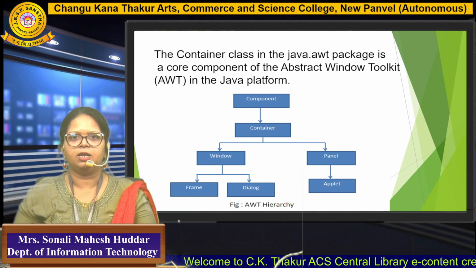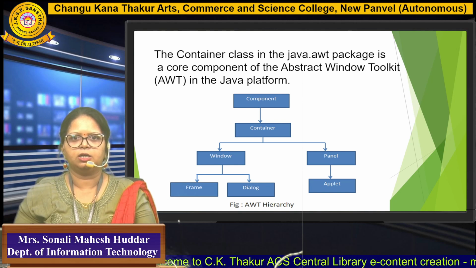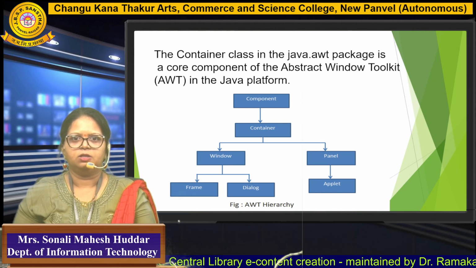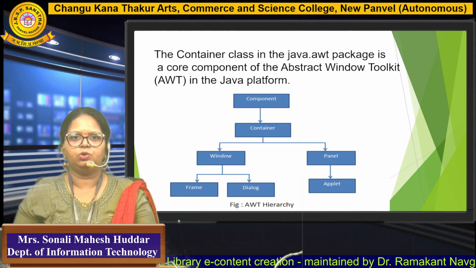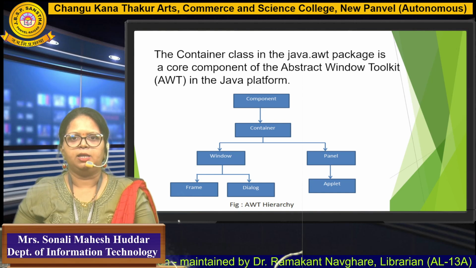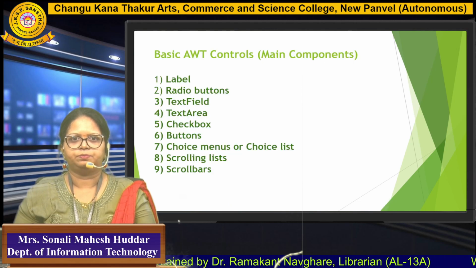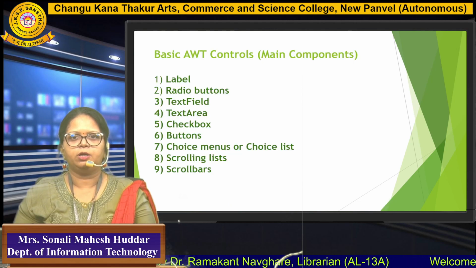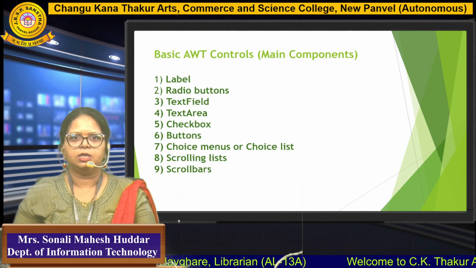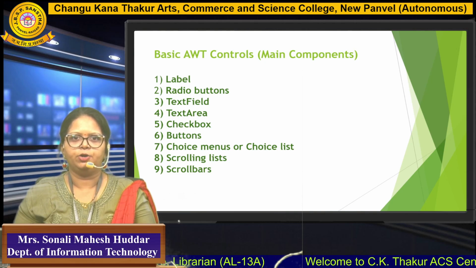Let's consider the hierarchy of this Container class. At the top, we have Component, which has Containers inside it. This Container is divided into two parts, Window and Panel. Window has two kinds, Frame and Dialog window. Panel has Applet. The basic AWT controls are the main components in AWT, which are nothing but Label, radio buttons,